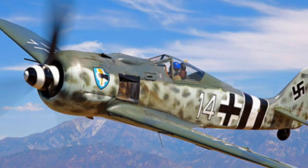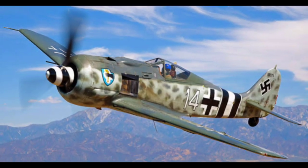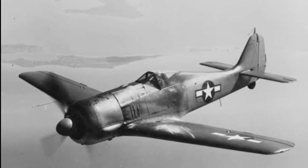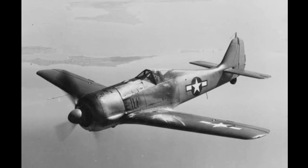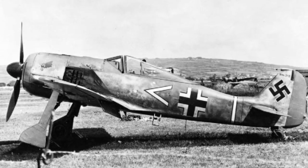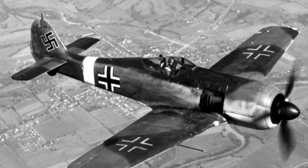Capturing and studying the FW-190 was a high priority for the Allies, who needed to understand its strengths and weaknesses to develop effective countermeasures. In 1942, a stroke of luck provided the British with an intact FW-190. On June 23, a German pilot mistakenly landed his FW-190 at RAF Pembrey in Wales, thinking it was a German airfield. The captured aircraft was promptly sent to the Royal Aircraft Establishment at Farnborough, where British engineers and test pilots